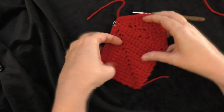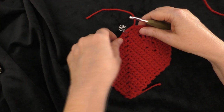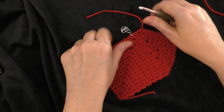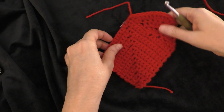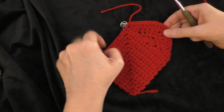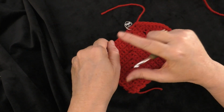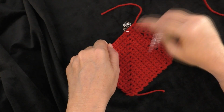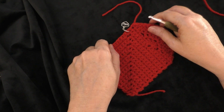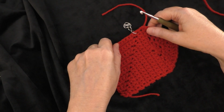Okay, so there is the first lobe of our heart. Now we're going on to the second lobe of the heart. It says with the right side facing, which is the side that you finished. This is the right side, so we won't turn it yet. With the right side facing, and you're still using the larger 5.5 millimeter hook, we're going to